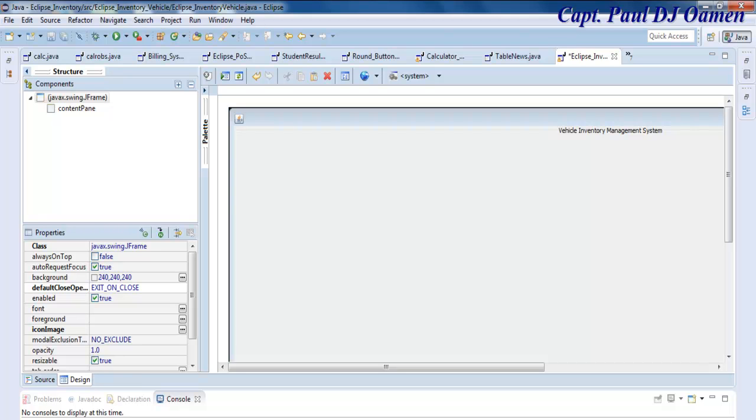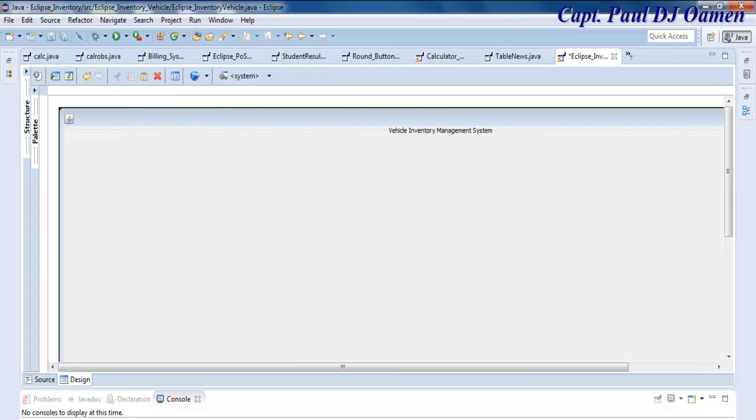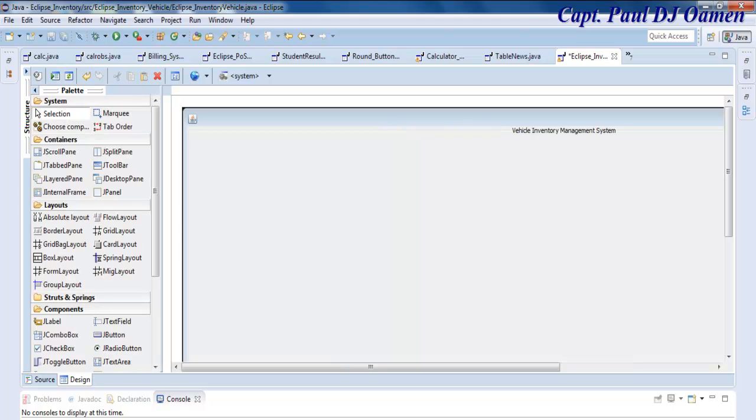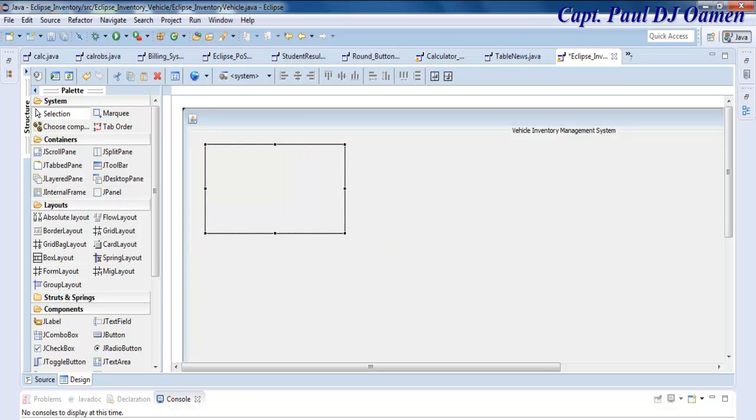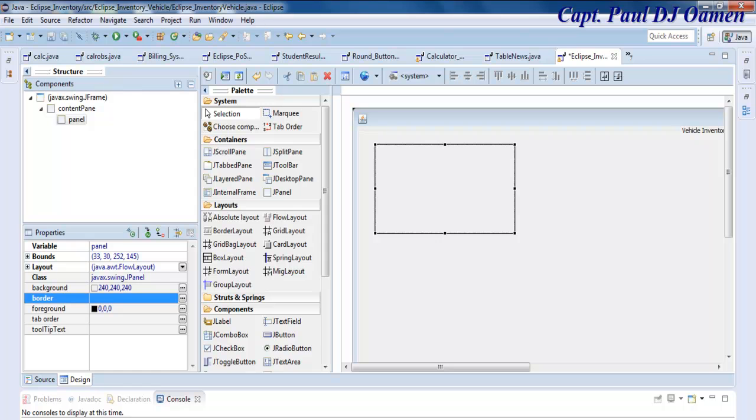Okay, the next thing is, I'm going to come straight onto the palette right here. Let's select JPanel, and this very JPanel, let me go straight to the property. You see where it says structure? That's where the property is. And the properties of this JPanel,